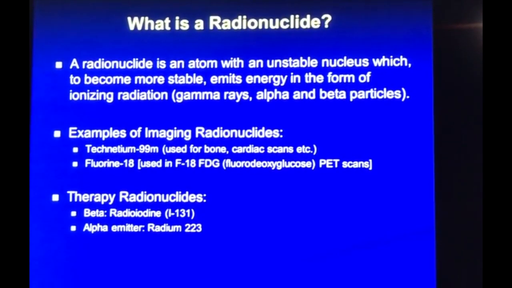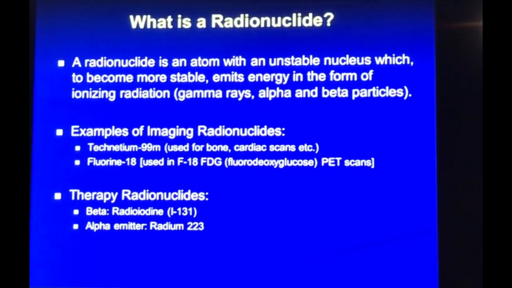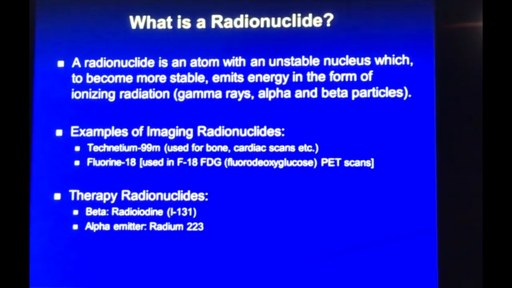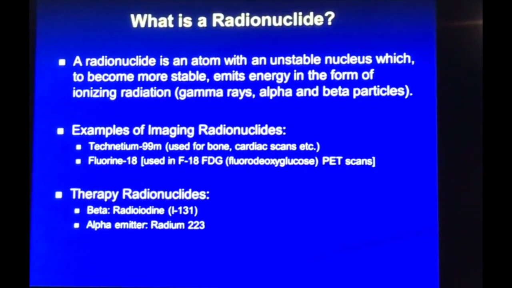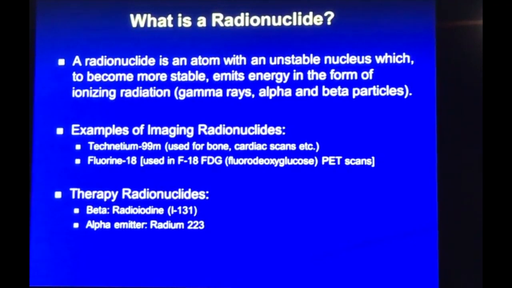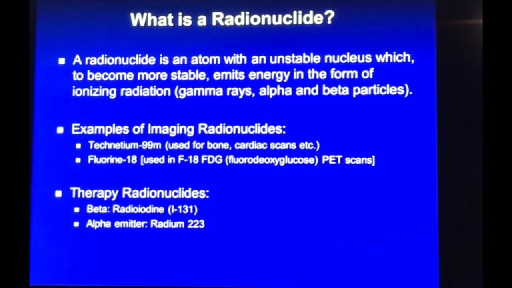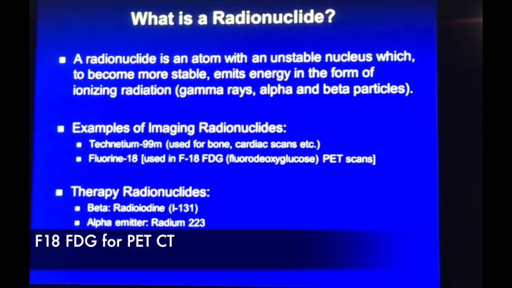Some common examples of imaging radionuclides are technetium-99m, which is the workhorse in our general clinic that we use for a whole range of exams, including bone scans, cardiac scans, kidney scans, etc. And then you have fluorine-18, which gets combined with the glucose analog, fluorodeoxyglucose, which serves as the workhorse in the